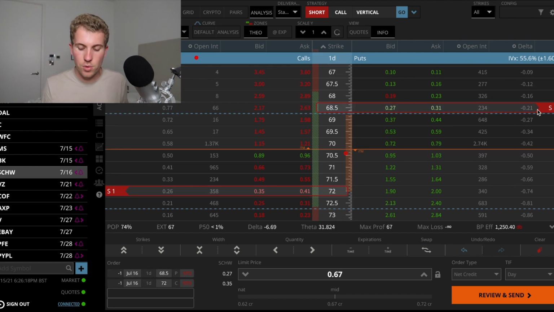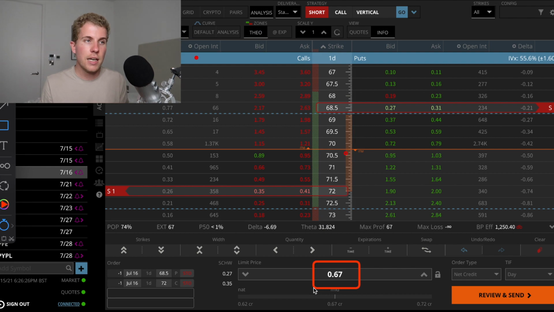So in our case, I'm, for example, looking at the 21 delta, so it would make me collect in total 67 cents of credit, meaning that would be my max profit. Hopefully I'm collecting around 60%, 70% of max profit, so that would make me a nice trade. And that's really important to know here: when you're trading earnings that way, you're not looking for that big home run at all. You're looking for really tiny wins, and if you win 90% of the time, you don't really mind tiny wins. As long as you're staying profitable overall and you're very mechanical with that strategy as I explained, usually it goes fine.